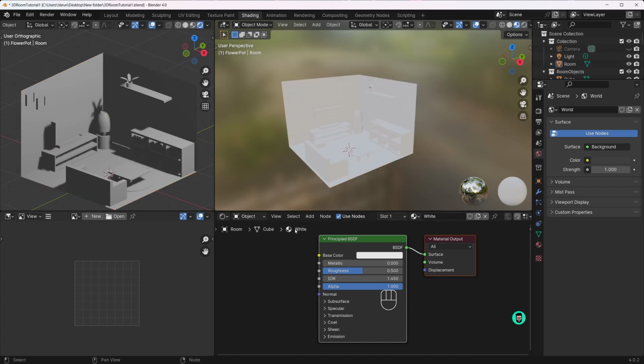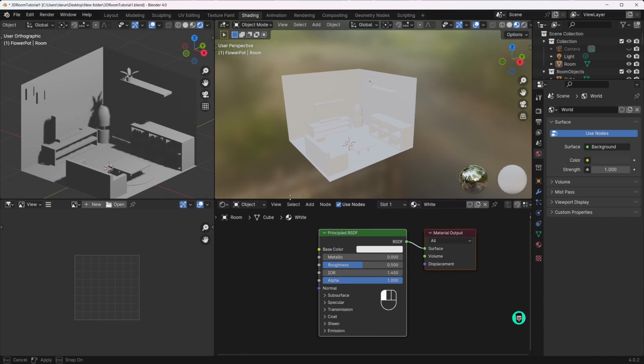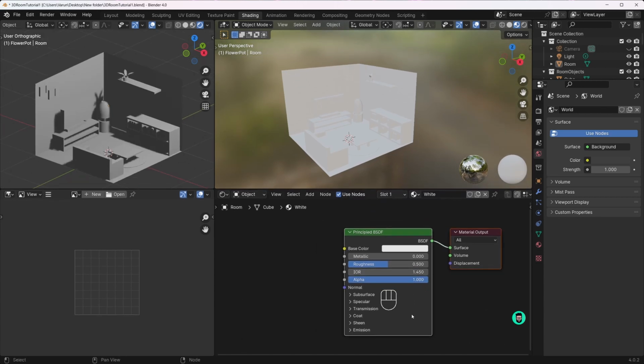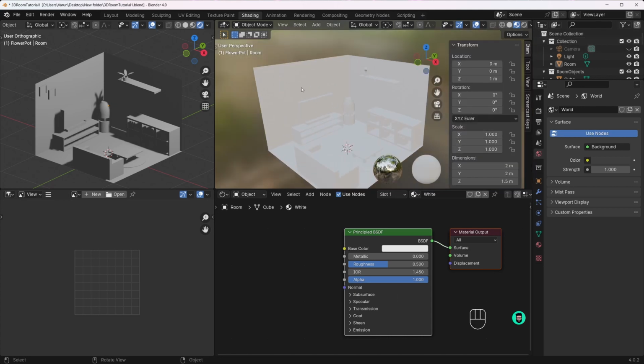Now this window is a little bit different, so let's go through it. This is our viewport and this is our UV editor. We don't need it right now, so let's just ignore it. And this is our materials panel. Let's resize a little, and this is where we change settings for our materials. Select any material you want. Let's select this